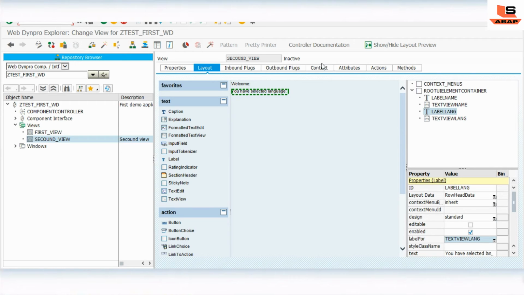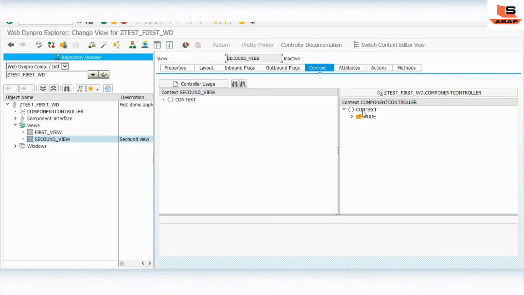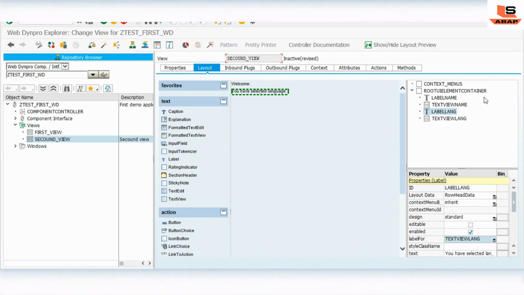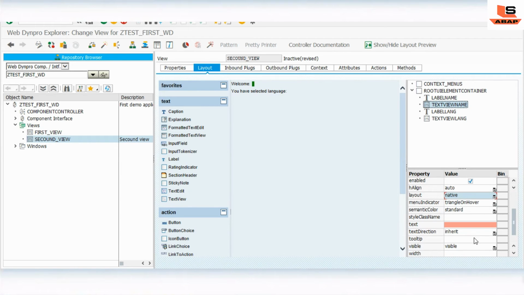Okay, so for that go to the text, and inside the text again we have to just drag and drop onto the context. Then you can see this field is there. Then again go to the layout and select the text view name, and as you can see we have a column as a text, right?